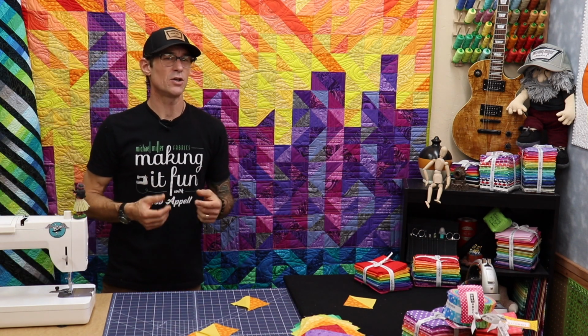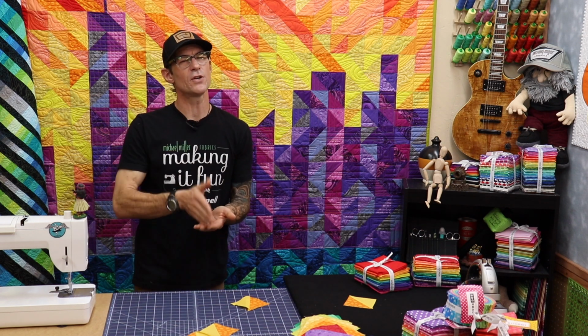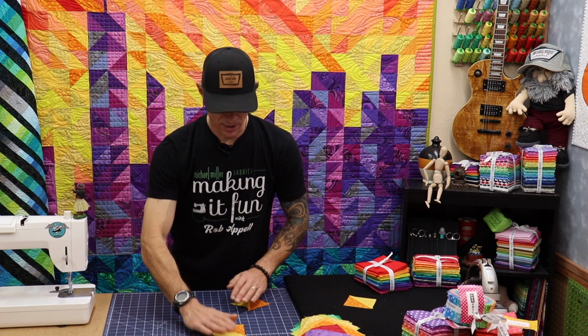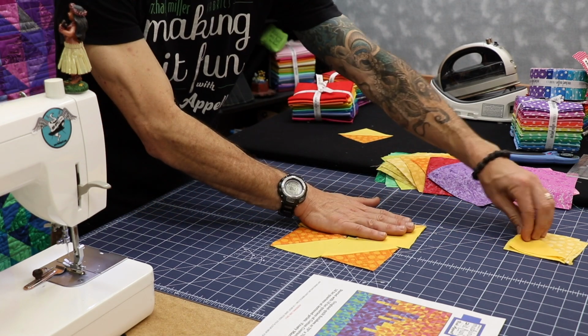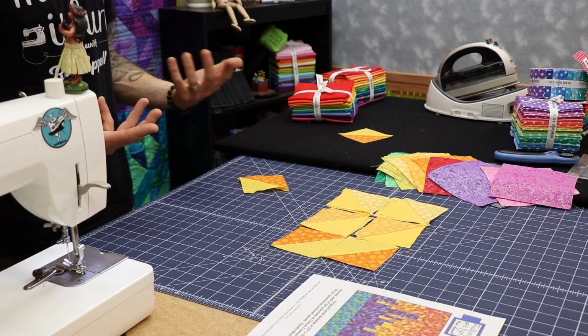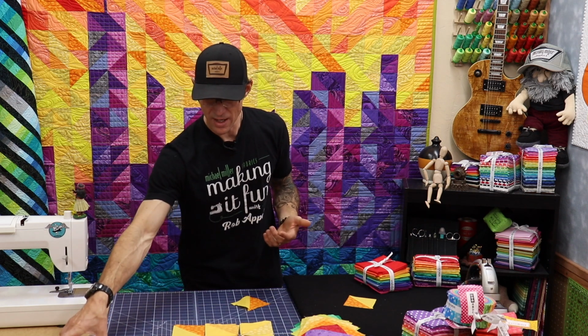So basically, you're just making half square triangles, but you're using the different colors and the different shades within. So back to what I was starting to talk about, color theory. If these are dark, these are medium, and these are light in my half square triangle. So for my sunset, in case you would really like to make this one your own,